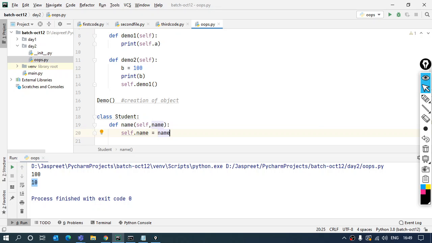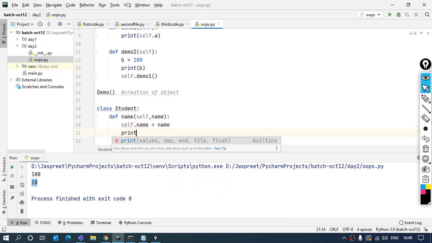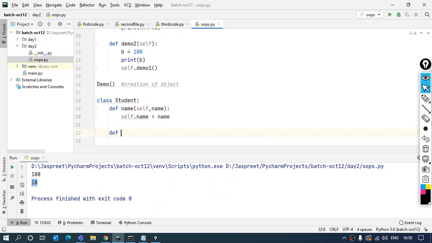Now what this will do is, this was the parameter which was being passed. Using the self keyword, that is going to be available in this function. If I directly try to access this name in my class over here, I won't be able to use it. It will give me an error. So I have to use this to locally use it. Now one more function I will be making.